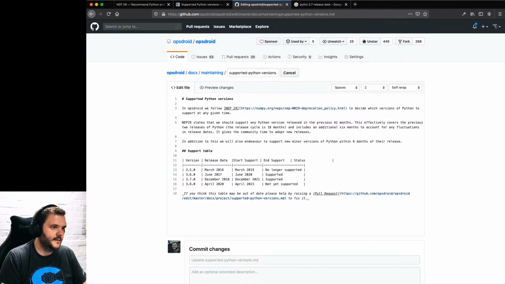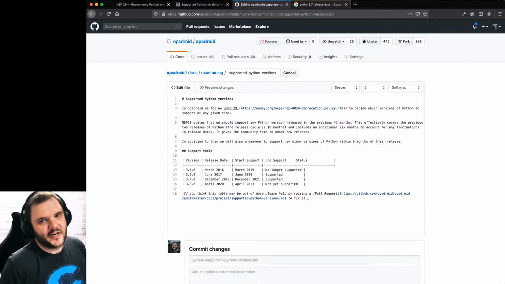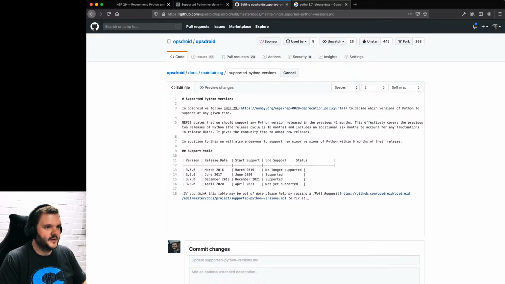Just to make this make a bit more sense. Just button that out. Okay. I'm kind of getting slightly sidetracked here, but I'm just gonna make a quick pull request into the Opsdroid docs just to fix things.